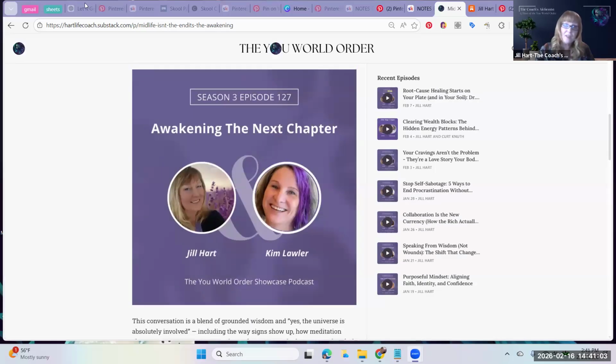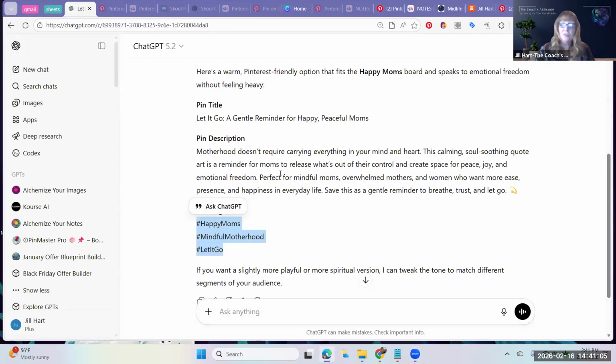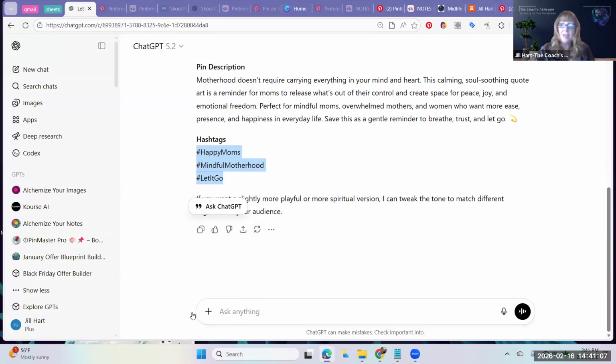It's really simple to take an image that you've already created and drop it into your favorite AI and say, hey, turn this into a Pinterest pin image. You need to tell it Pinterest pin image. It can take it all together, and then you've got your pin, and you just stick it up on your post.